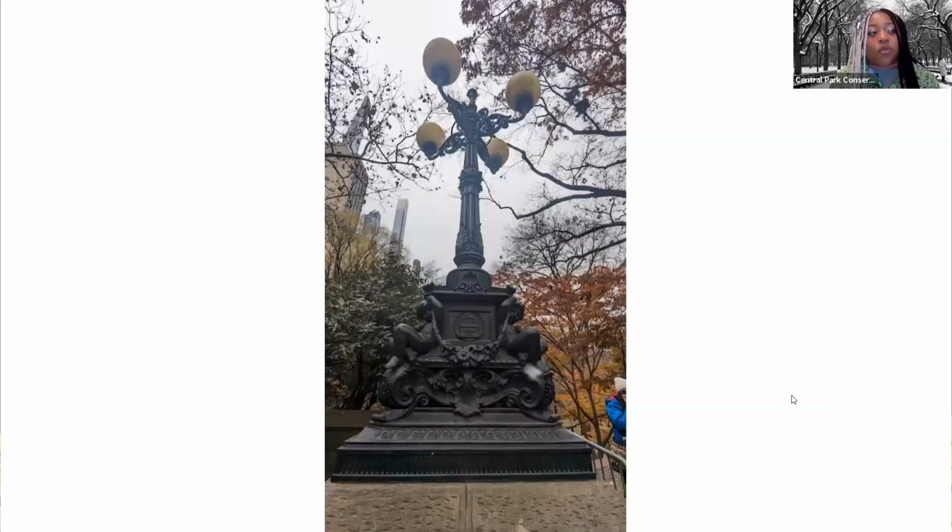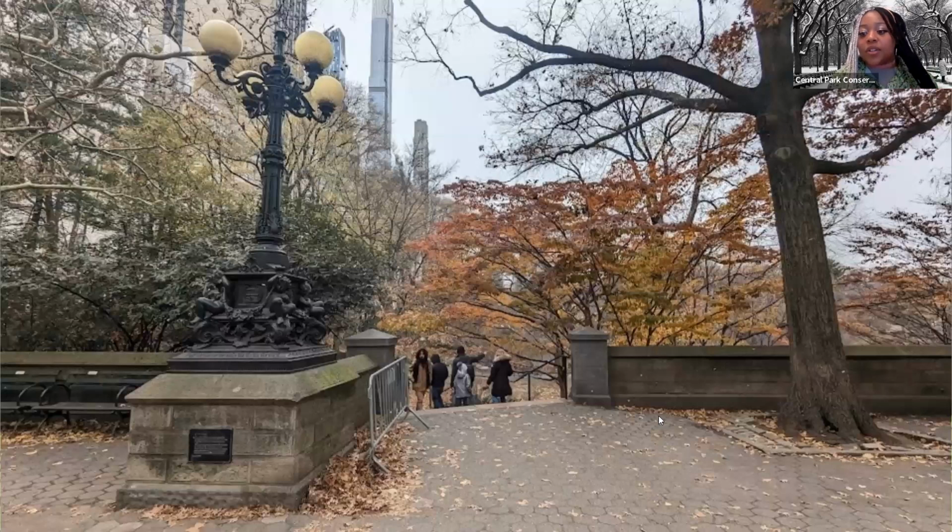Here we are right across the street from Grand Army Plaza, right in front of what's known as the Lombard Lamp. So this is going to be the entrance, 60th Street, at the southernmost end of the park. And it is very unique because upon its entrance, you can see this beautiful Lombard lamp. And on closer inspection,